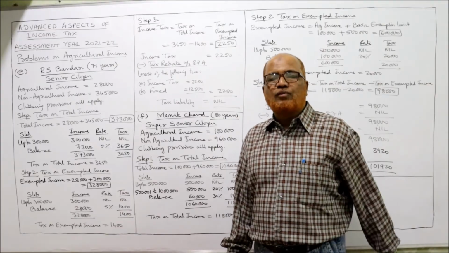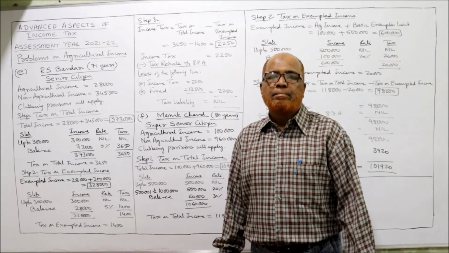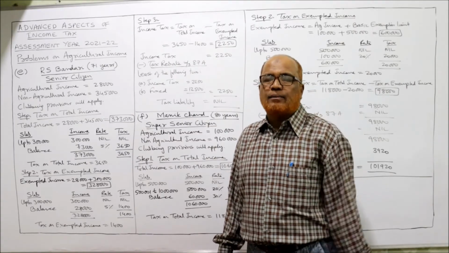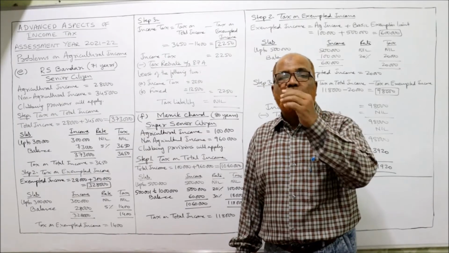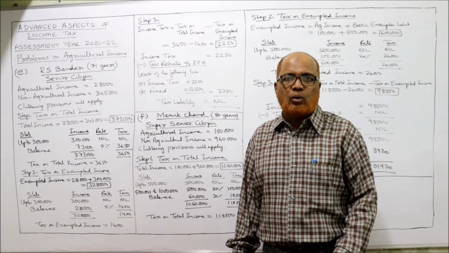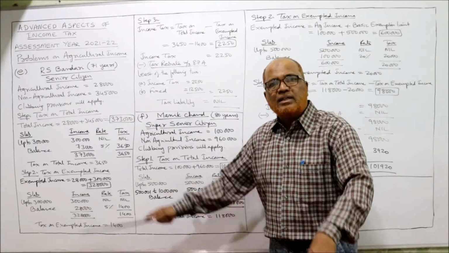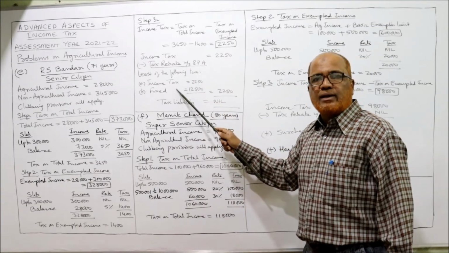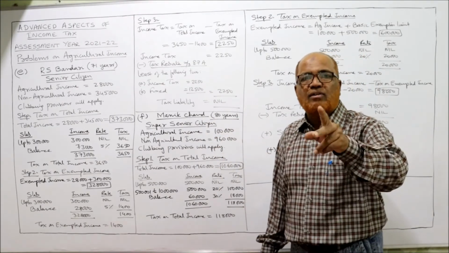Now from this 2,250, deduct the tax rebate under section 87A. The tax rebate is the least of the following two: actual income tax or 12,500. First of all, why is this tax rebate allowed? Because the non-agriculture income is below 5 lakh. Up to 5 lakh rupees, if non-agriculture income is there, tax rebate will be allowed. Here non-agriculture income is 3,45,000, below 5 lakh. So that's why he will get tax rebate under section 87A. Least of the following two: actual income tax 2,250 or fixed amount 12,500, whichever is least.